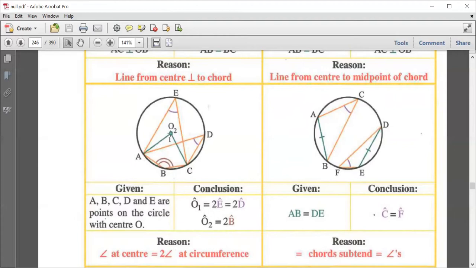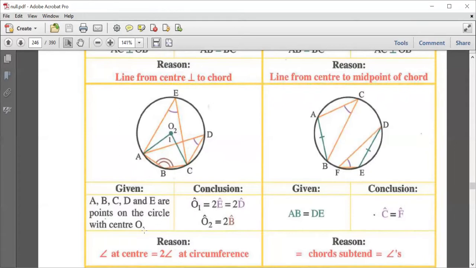On the center O, we have two angles. The first one is O1, which is given down here, and then we have O2, which is given up there. So what can you conclude about this? The theorem establishes that if you are given the points A, B, C, D, and E on the points at the circle,